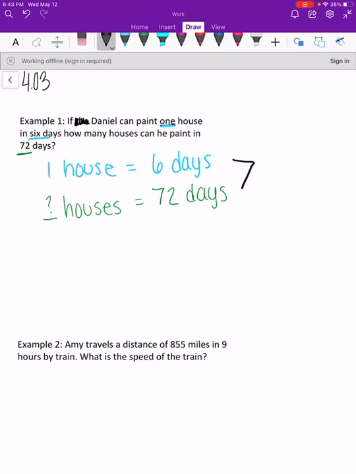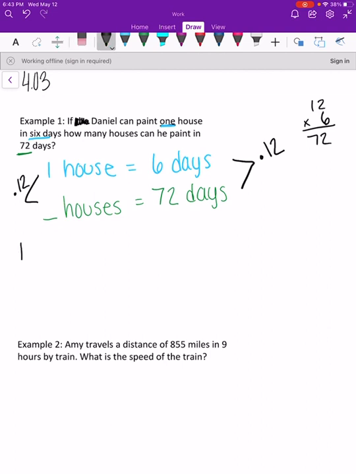I'm thinking, okay, 6 times 10 is 60. 6 times 11 is 66. 6 times 12 is 72. I'm just going to write that over here. 6 times 12 is 72. So that means I need to multiply by 12 on the other side where I'm talking about the houses. So I'm going to multiply 1 times 12,